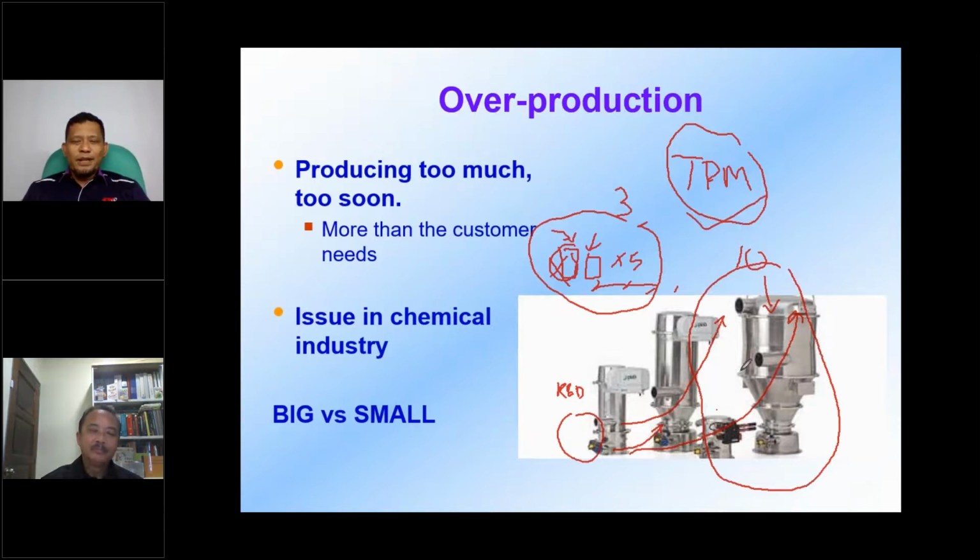TPM, especially those chemical plants that are big, those big ones. They can't afford the downtime. So TPM is one of the important tools in the chemical plant to ensure that it keeps running, because you have no choice. You already have a big one. So that's why in here I put